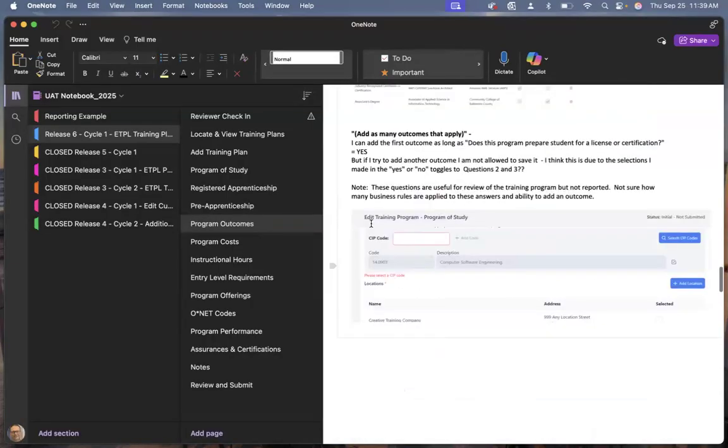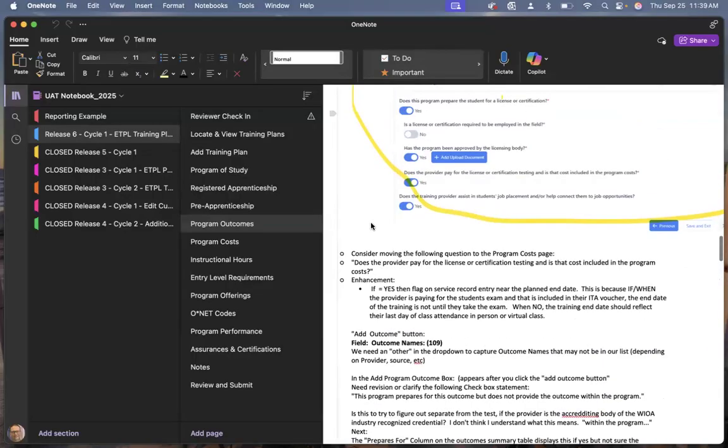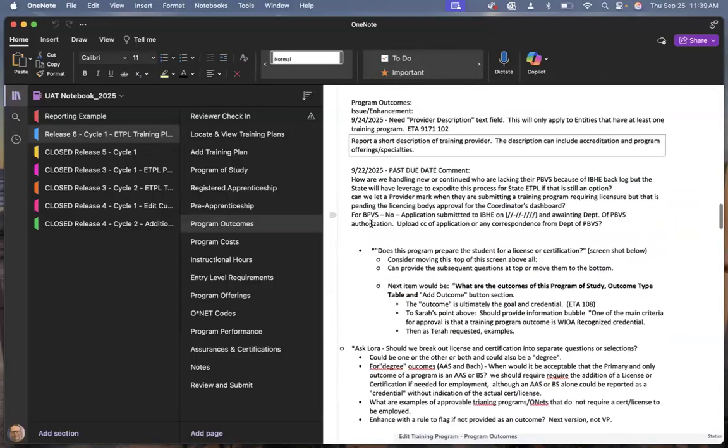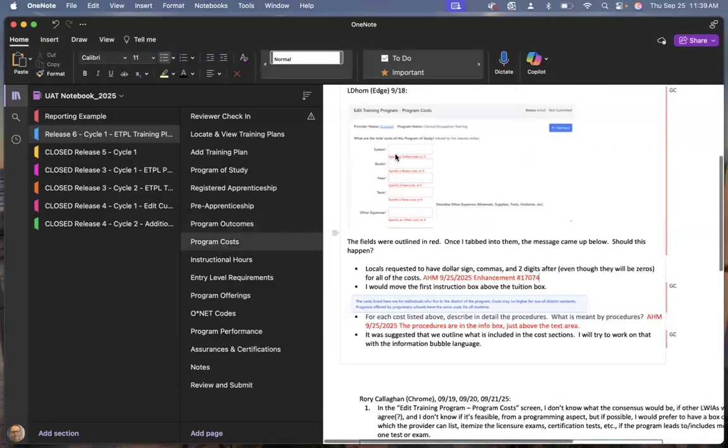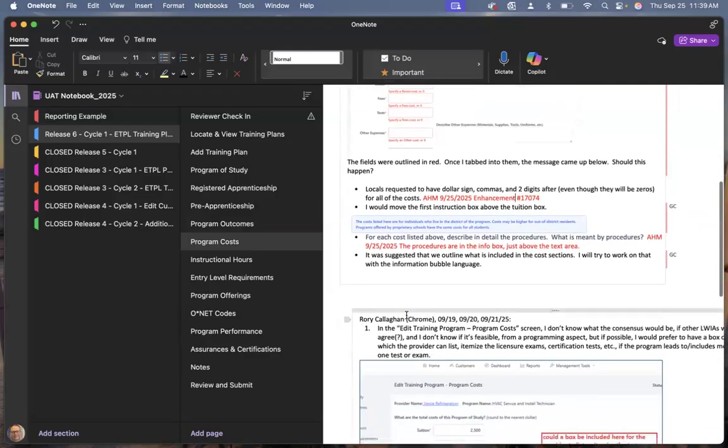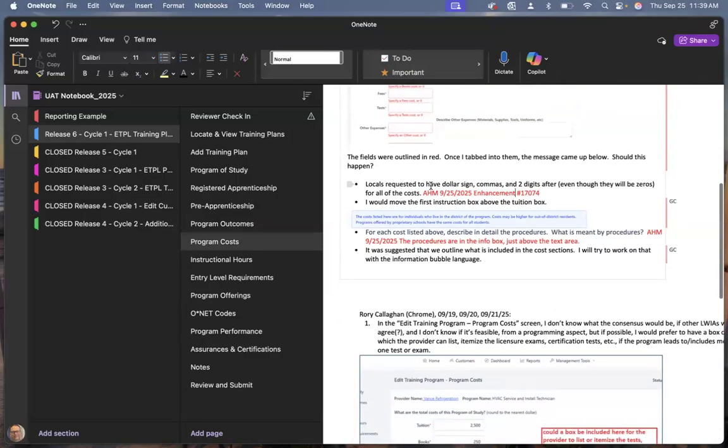Not seeing it now. I will get back to this though. I thought there was one in here from someone in the local group. I've kind of discussed this. There's an enhancement 17074 to do the dollar signs. There is, when you tab out,